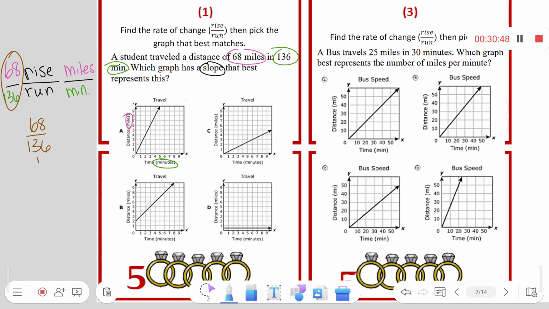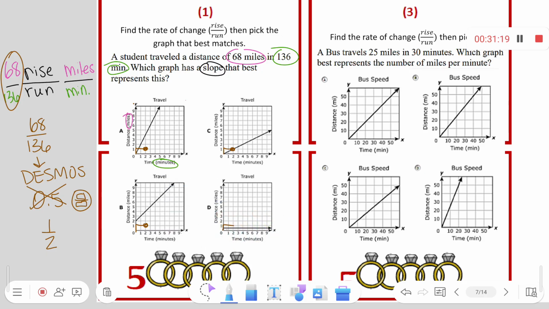So I do have to use Desmos. We go on to Desmos and we type in 68 over 136 and it gets us 0.5. Can't use decimals because I need rise and run. So I click the fraction button and that gets us 1/2. Now we're trying to go up 1 over 2 and fall on the line. Up 1 over 2, fall on the line. Up 1 over, actually I can cross out D